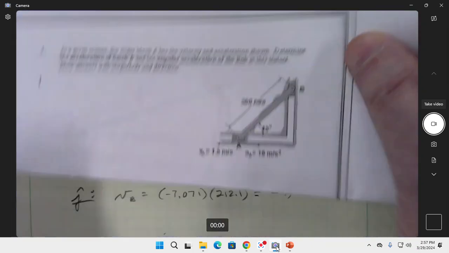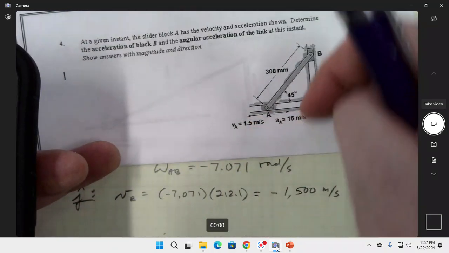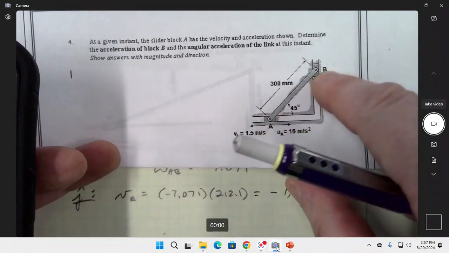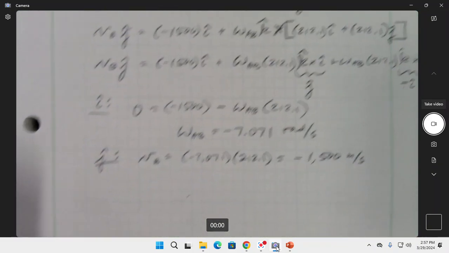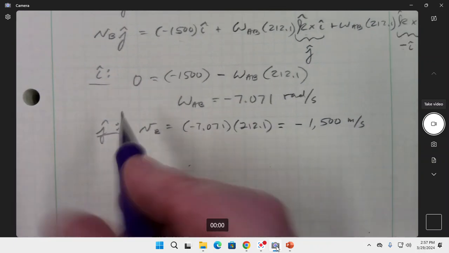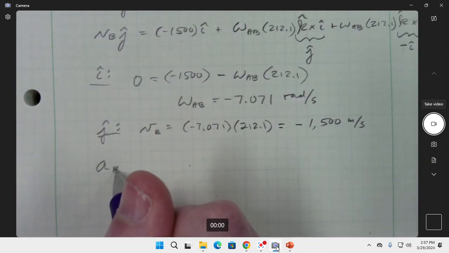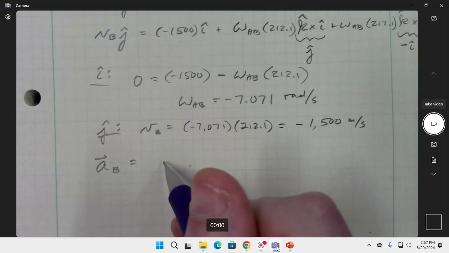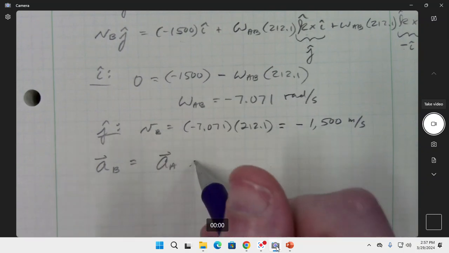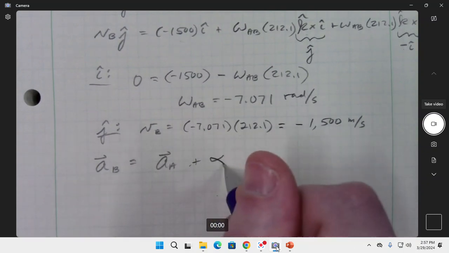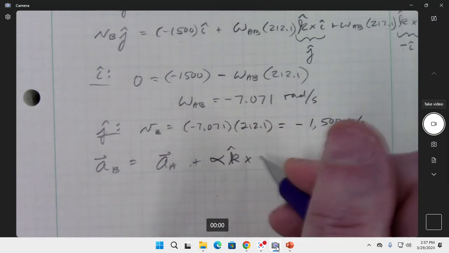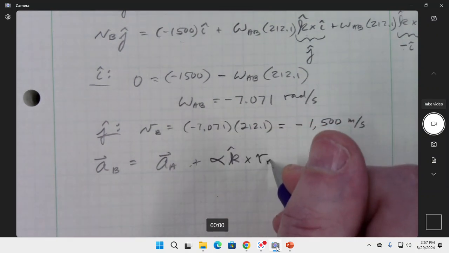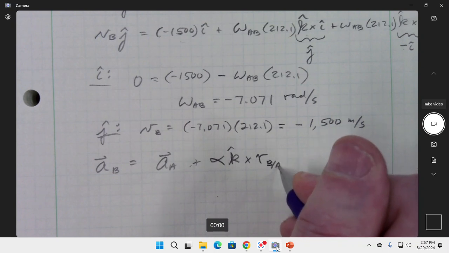Because if that's moving that way, this one should be moving that way, especially since it's 45 degrees, right? The acceleration of B is equal to the acceleration of A plus alpha K crossed with R B with respect to A